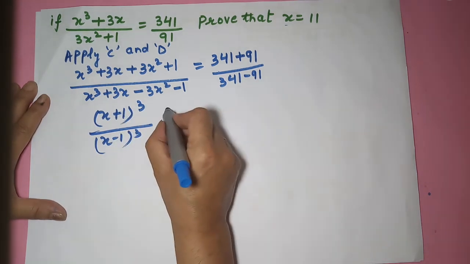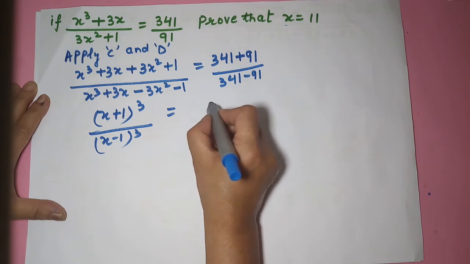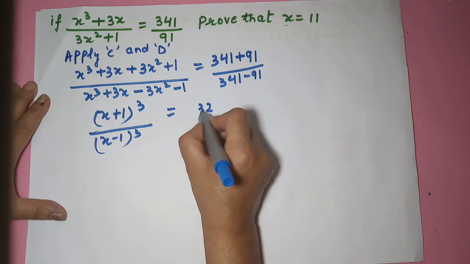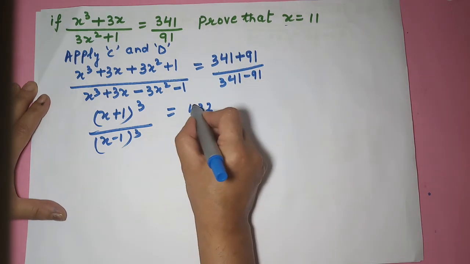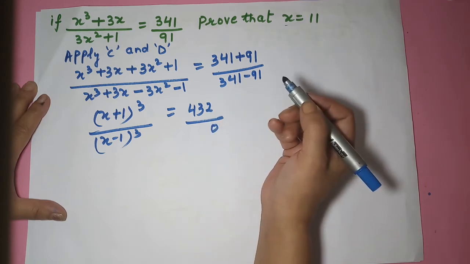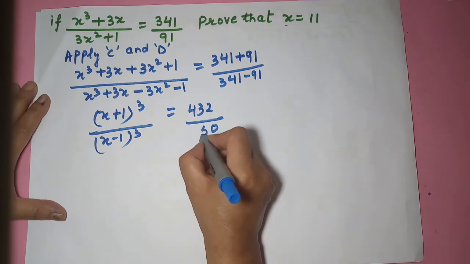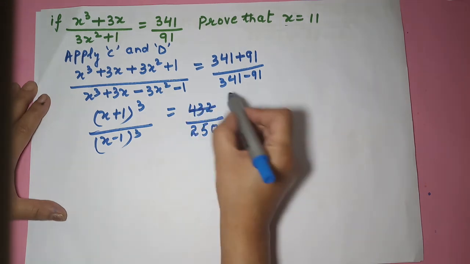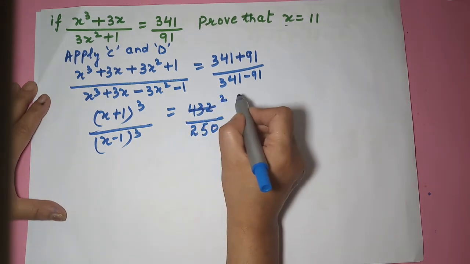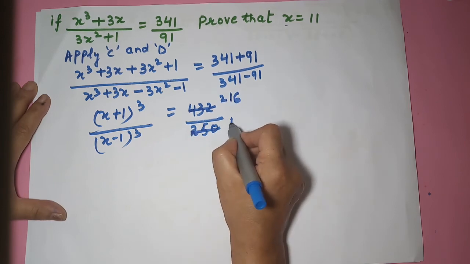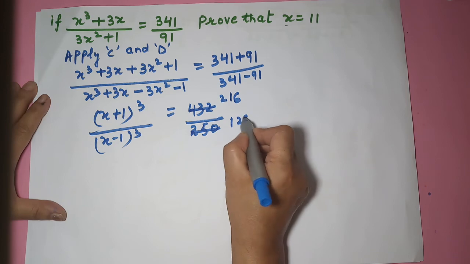These are the identities, and if we add these two, 1 plus 1 is 2, 9 plus 4 is 13. This becomes 432 divided by, this is 0, 14 minus 9 is 5. And here you have 2, right? It will go by 2, okay? 2 2s are 4, 2 1s are 2, and 2 6s are 12. This will also go by 2.